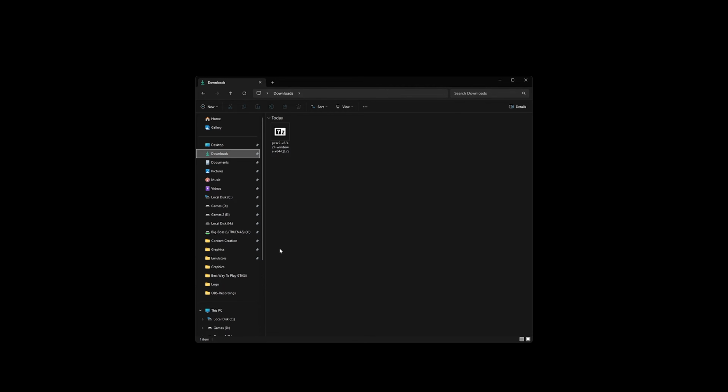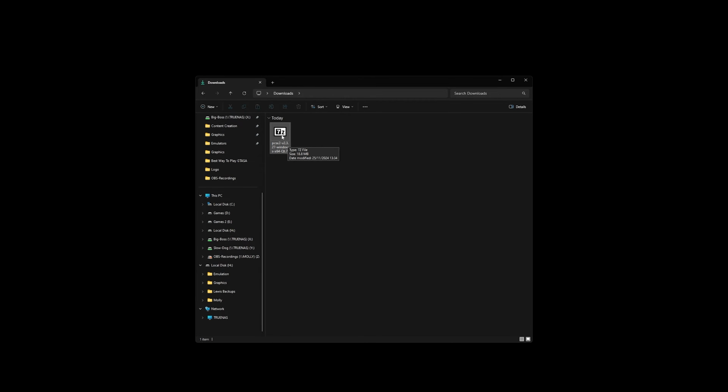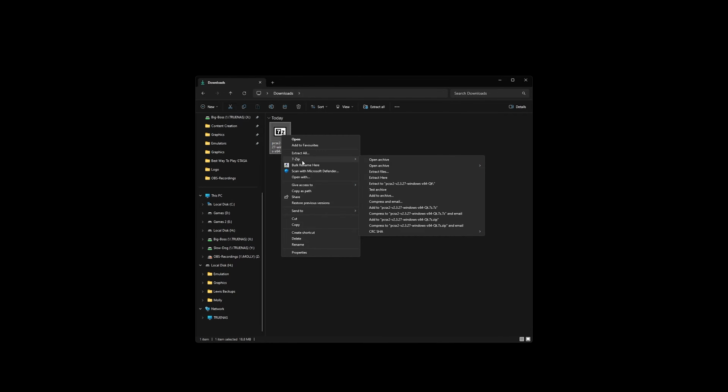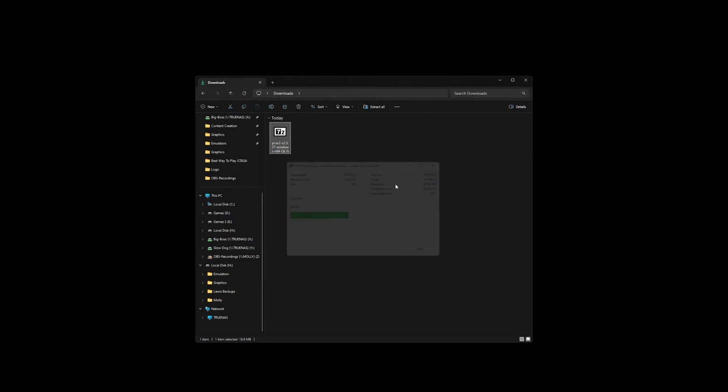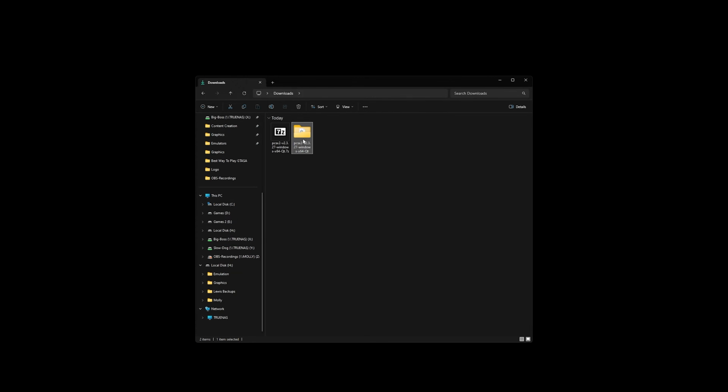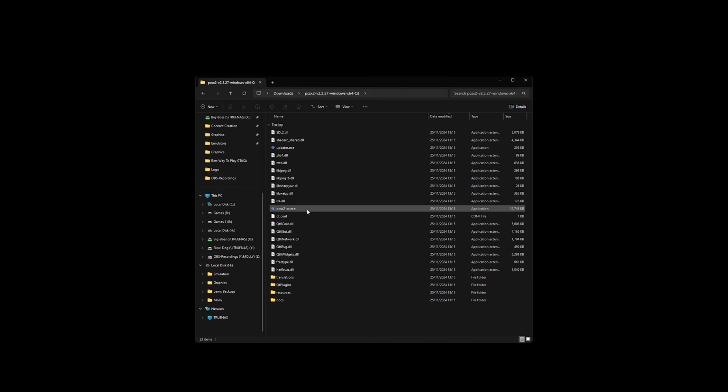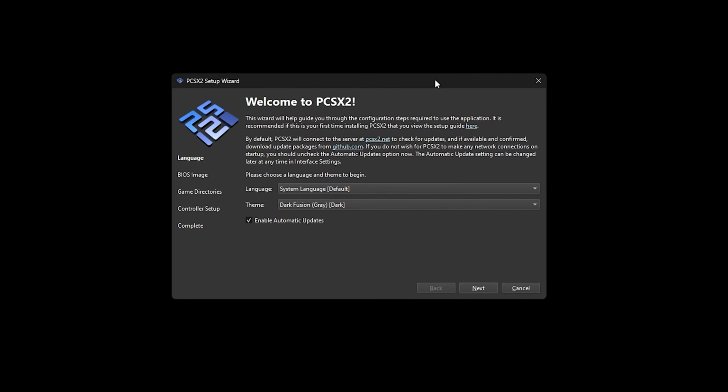Once the file is downloaded, you're going to need an archiving tool. I like to use 7-zip, so that's the one that's going to be linked down in the description. Once you've downloaded that, what you can do is right click the file that gets downloaded, click show more options, 7-zip or any other archiving tool that will be here, and then extract to. This will simply put all those files into an unzipped folder. Open that folder and then open